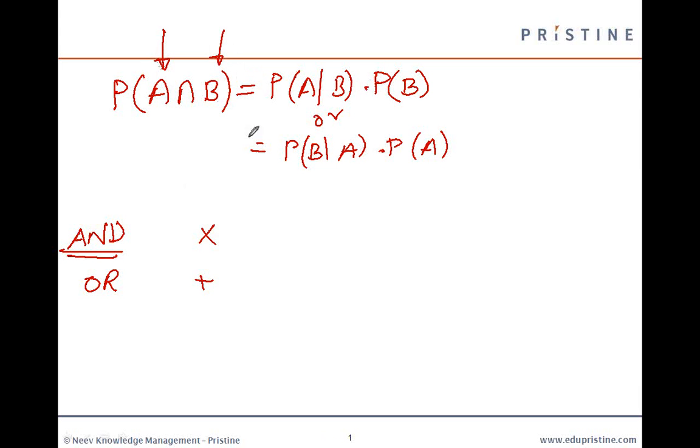Now let's try to understand this. This term is joint probability, that is, the probability of simultaneous occurrence of both A and B, is equal to first the unconditional probability of B occurring, assuming that first B occurs. That is, let's say first you get your promotion or not. First you know whether you get promotion or not.